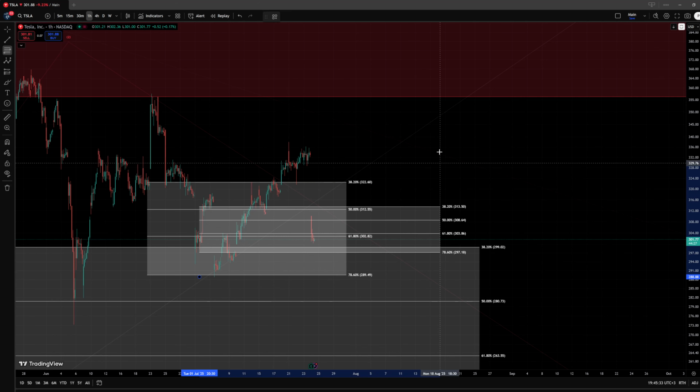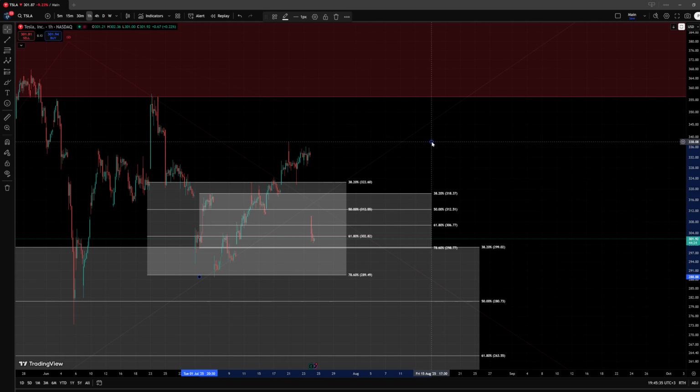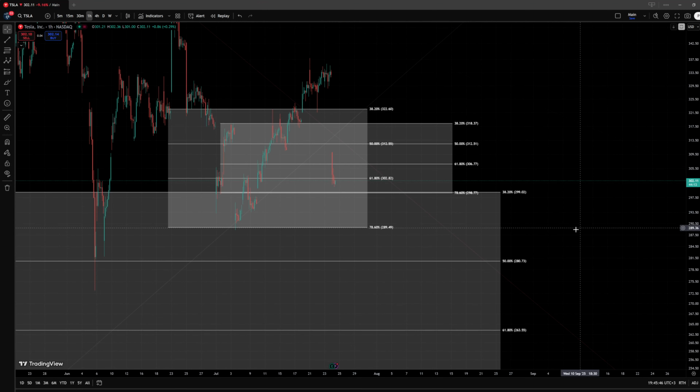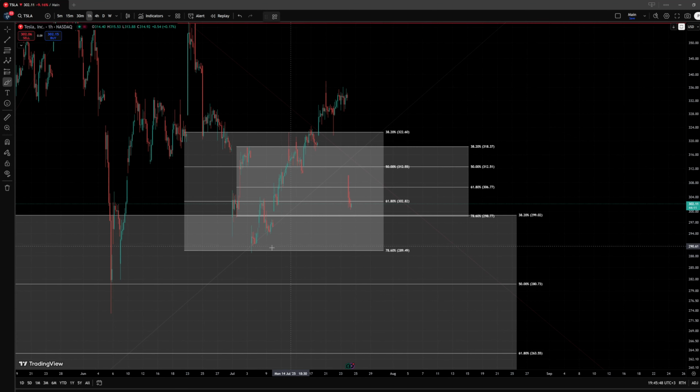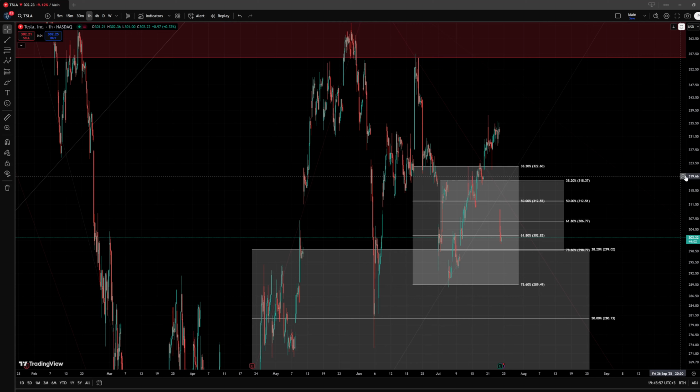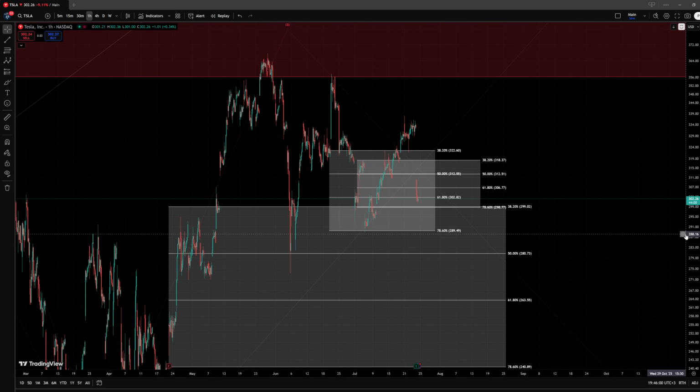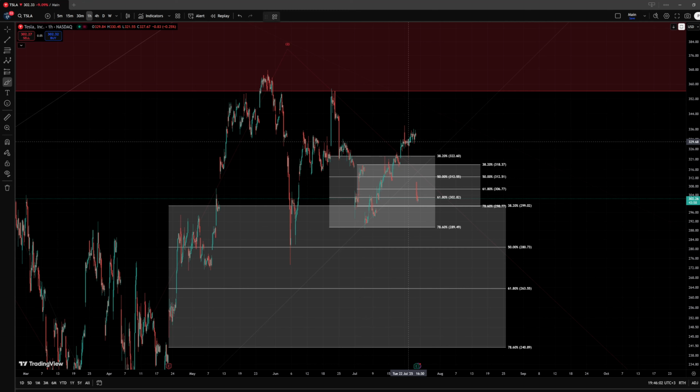So yeah, not the most reliable, it is fragile, to be clear, but I can still provide you a support zone, and that would be between $318 down to around $298.99. And yeah, to be honest, a break below this level at the 78.6% retracement at $289 would be a quite decent indication. It's not formal invalidation, but it would be a first indication